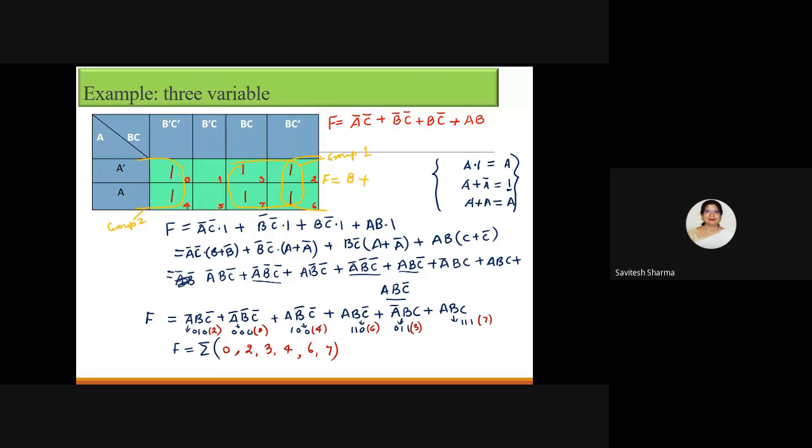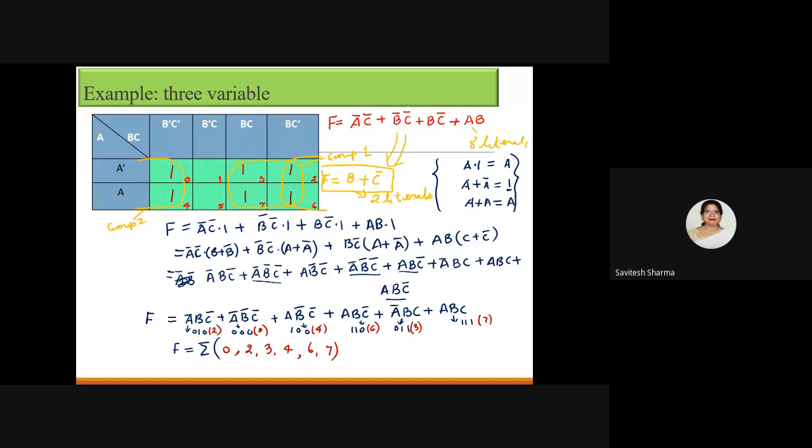For another group, what is it? It is C complement. So I converted this given function into the minimum expression, right? So here, how many literals are there? 2, 3, 4, 5, 6, 7, 8 literals are there. Here in the expression, I have only 2 literals. You see the beauty. You have now only 2 literals.